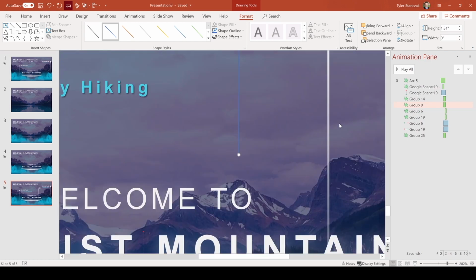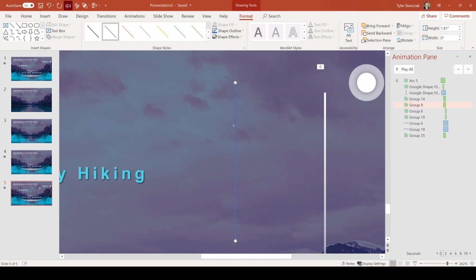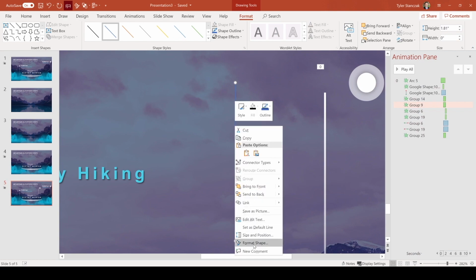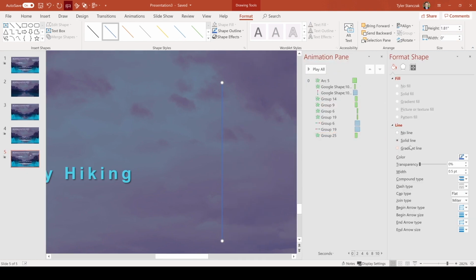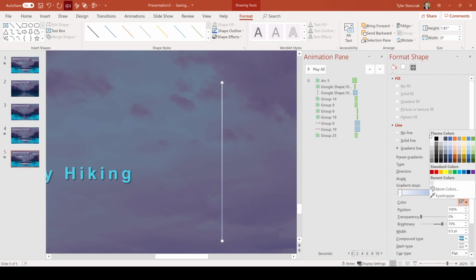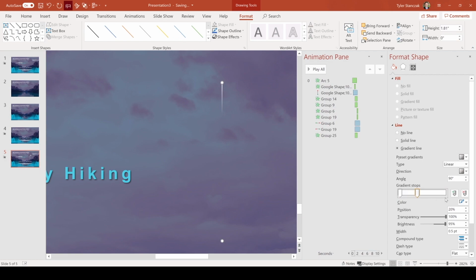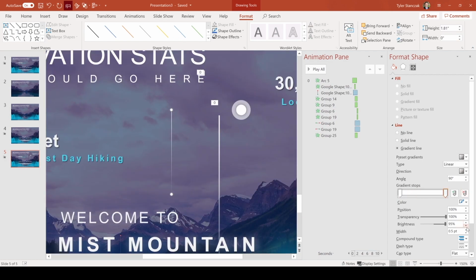And then in order to get that fade effect with that line, all you have to do is right click, format, format shape, gradient line, and then you can make this white, you can make this more transparent. And let's say it's backwards, you can always flip it like this so that it's like that. And if you want it to be thicker, you can always increase the thickness here. So that is how I created that line part.